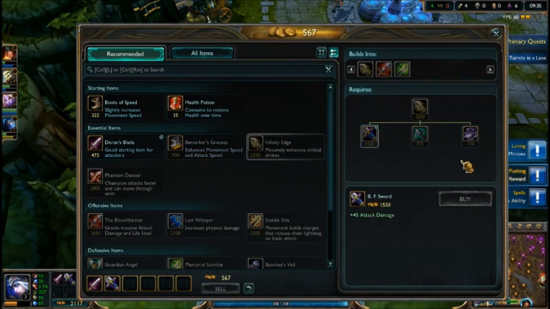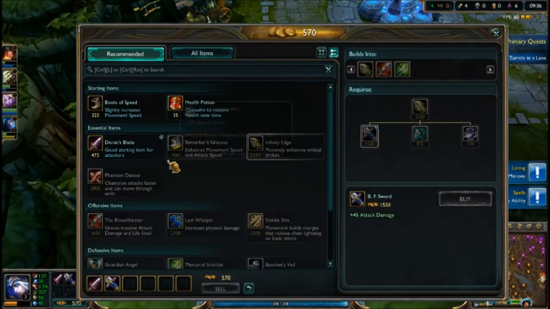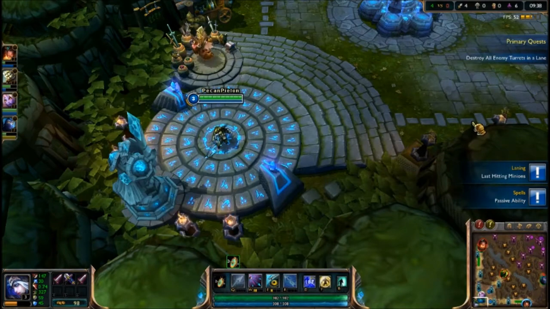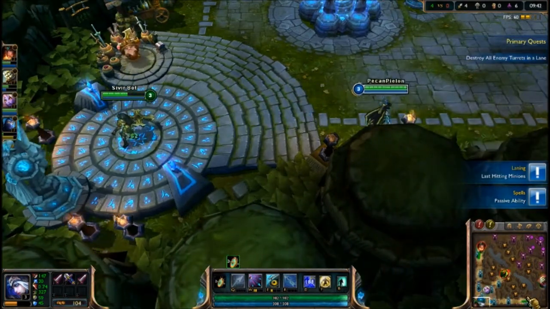which gives us a lot more attack damage. Oh, it looks like we destroyed a turret. So remember, turrets give you a lot of gold. But anyway, we're going to be working towards...